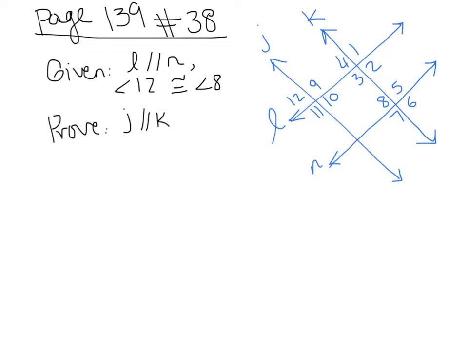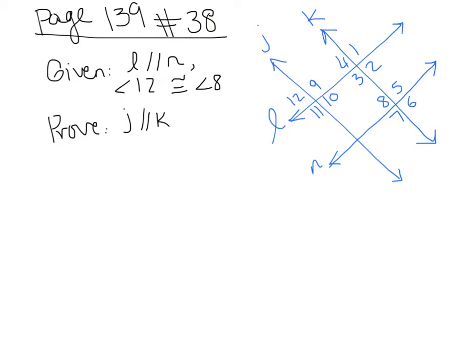Hi guys, I wanted to talk to you about two proof problems that are very interesting, and I think they will help you better understand angle relationships and how to create a flow two-column proof. So remember, a two-column proof has to be really logical, and it has to be flowing in good order and make sense. So looking at number 38 on page 139,